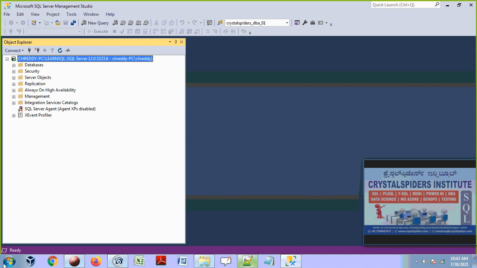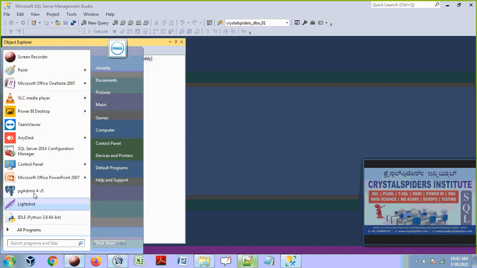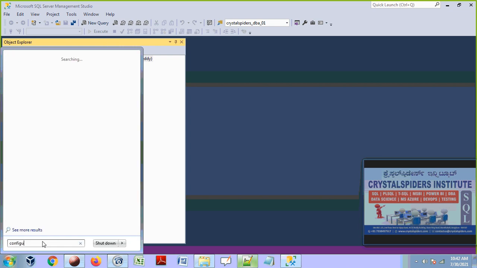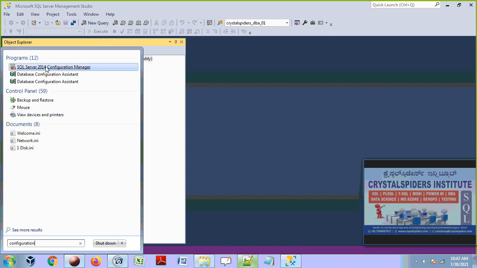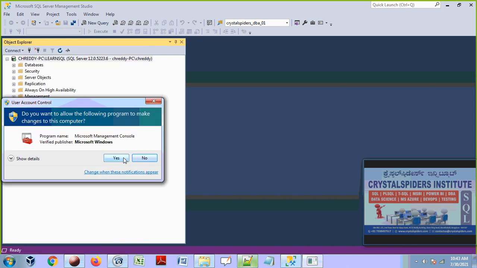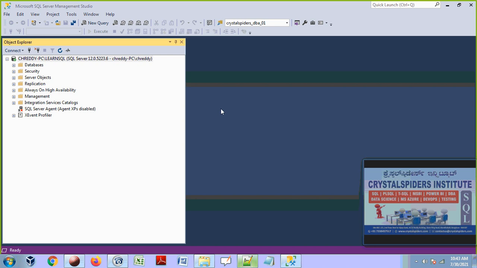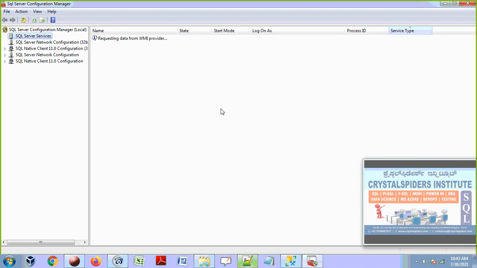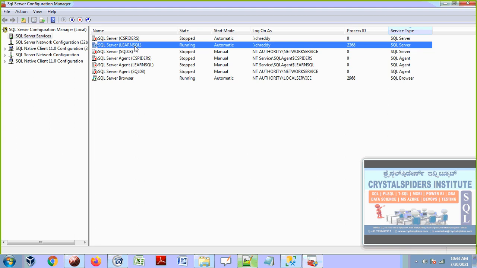How are we going to restart the SQL Server service? Go to Configuration Manager. I type configuration in the search bar, click it, and we can see SQL Server Configuration Manager. Open that and say yes. Now I am going to restart this SQL Server service, Learn SQL. Right click and say restart.